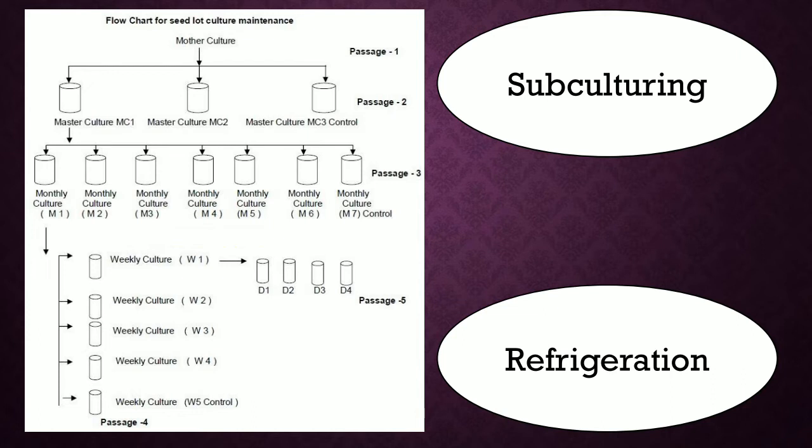Now, subculturing is wherein the organisms are transferred periodically into a fresh medium so that the viability is maintained. When we transfer the organism from an older medium, that is a used or a spent medium, into a fresh medium, it makes sure that the organism is allowed to grow continuously and it remains alive. So that is called subculturing, the periodic transfer of organism into a fresh medium. Once we do the subculturing, we have to make sure that the conditions while subculturing are totally aseptic, and the place where we are storing the organism is also aseptic to avoid contamination.